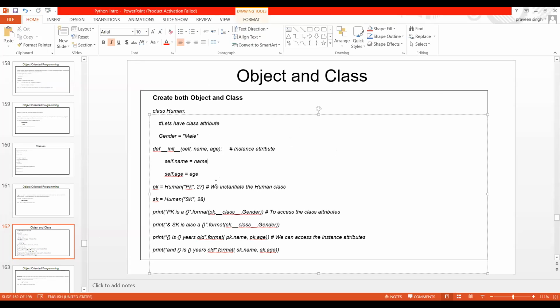Here I have given the instance attribute. Then here I have mentioned we instantiate the human class. And to access the class attribute, or the instance attribute, what concept do we need to use? This is what is going to be in the next class.